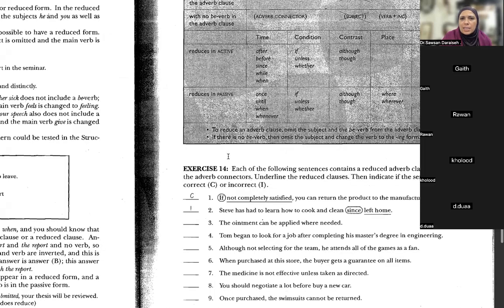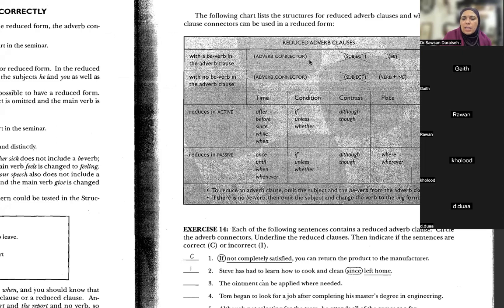Let's take a look at the table. Here I have the table, as usual, summarizing the information we just learned. It is about reduced adverb clauses. Reduce means, as we said, shortening clauses, the phrases that begin with although, when, once, something of that kind, and more. So with a be verb in the adverb clause, where there is an adverb connector,